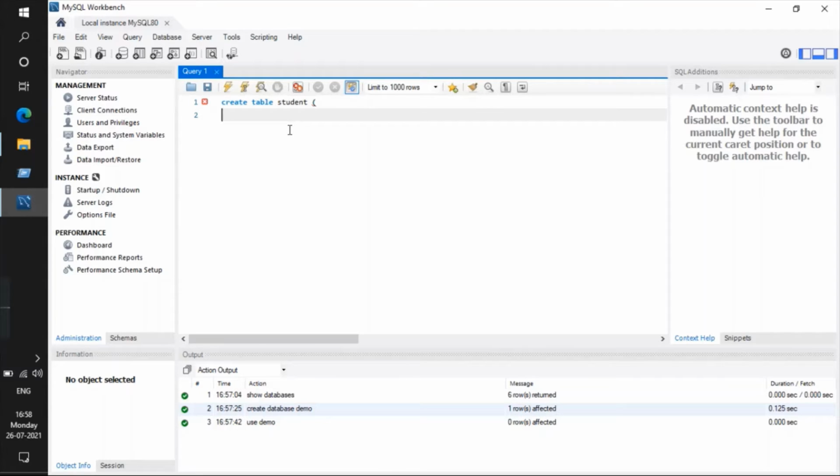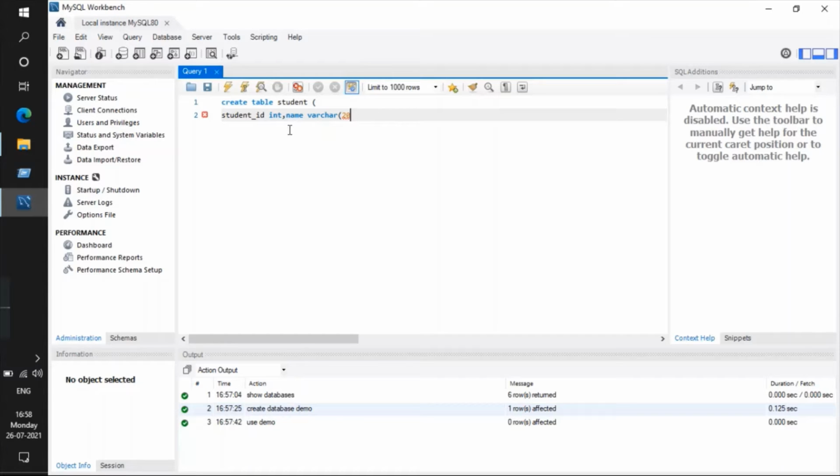So first I will give a student ID, student underscore ID, integer. So for integer we type int. So second one will be name, name varchar 20, let me do 20.